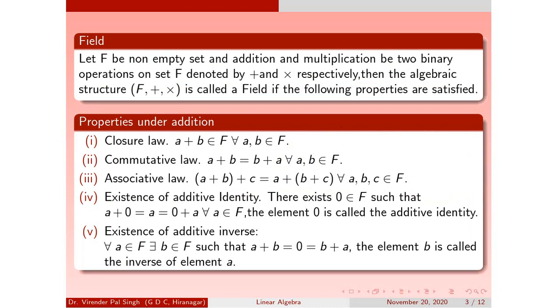Then the existence of additive identity. There must exist one element in the set F which satisfies this condition: A plus that element should be equal to A, or that element plus A should also be equal to A, and this should hold for every element of the field F. We generally denote it by 0. The element 0 is called the additive identity for the field F, but this 0 does not say